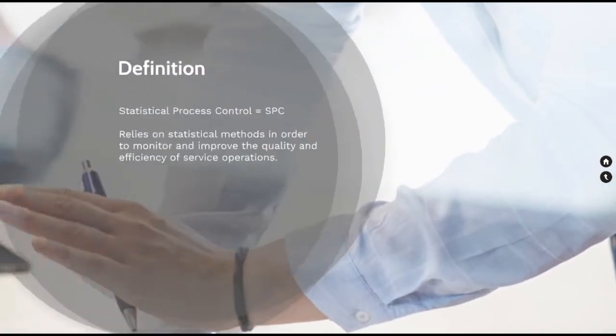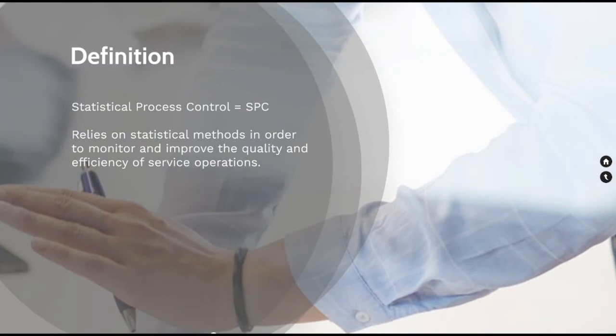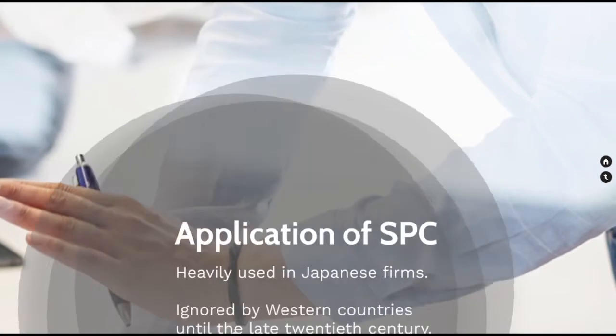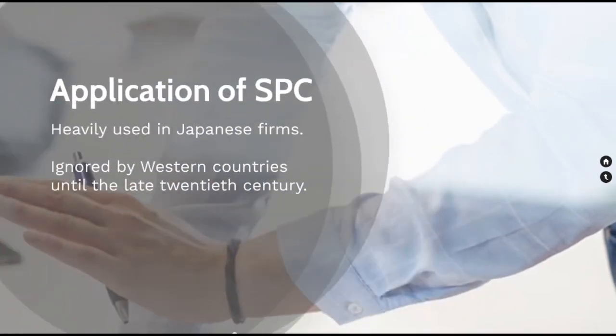SPC relies on statistical methods such as flowcharts, histograms, Pareto analyses, and the like in order to monitor and improve the quality and efficiency of service operations. These techniques aim to verify the adequacy of machinery and other production equipment and assess the competence and efficiency of the process. The process was heavily used by Japanese companies at first and was completely ignored by Western firms until